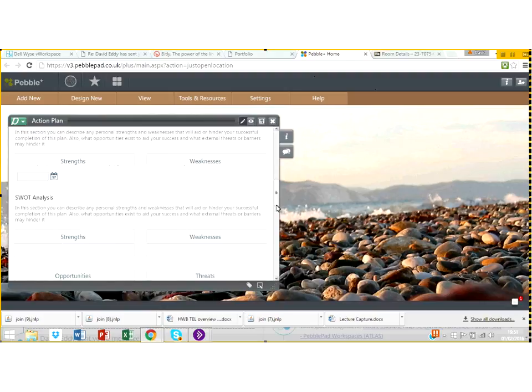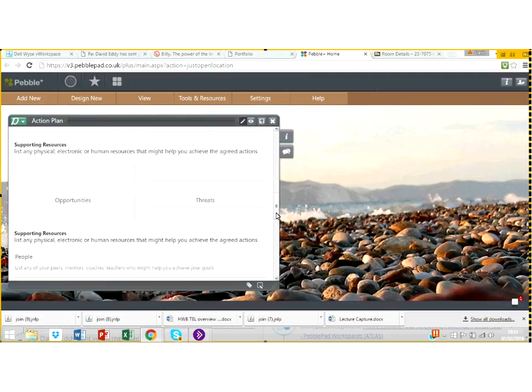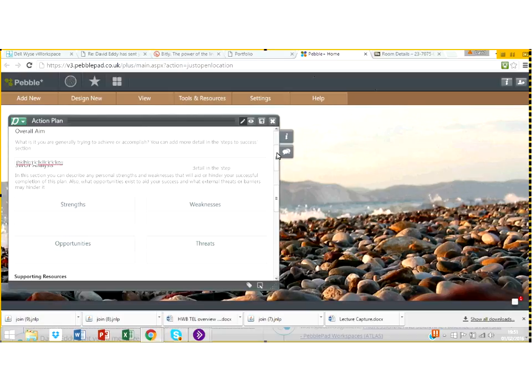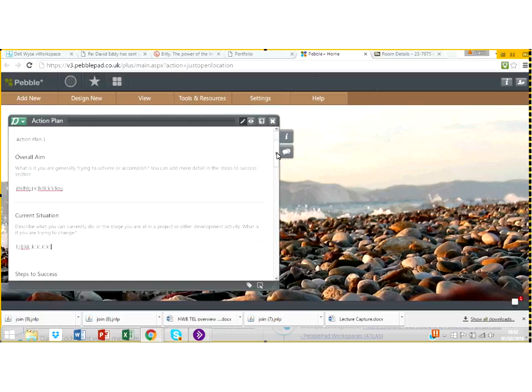So you can go down, you can put a completion deadline on it, you can do a SWOT analysis, supporting resources. So these are scaffolded templates that are in there, and you can use these several times over, so you may have a series of action plans. Okay, one of the nice things just to bear in mind about this, and I'll show you this again when we get to the Webfolio